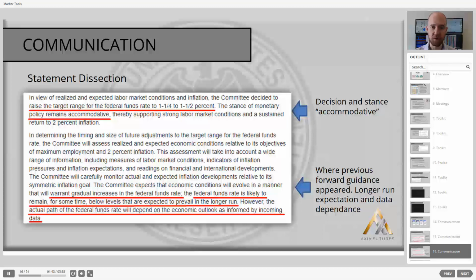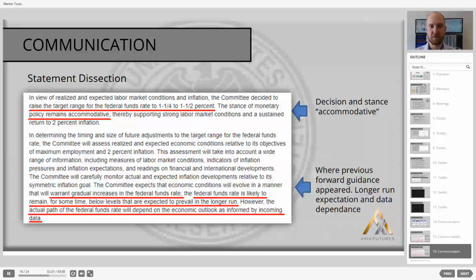Now, the final paragraph is almost always the same. This is where they used to put in their reference to forward guidance. And they also talk about the longer run and their data dependence. So the main area that could potentially change here is that the committee expects economic conditions will evolve in a manner that will warrant gradual increases in the Fed funds rate. That is their forward guidance, so to speak, the gradual increases. So that's the changeable part. Beyond that,